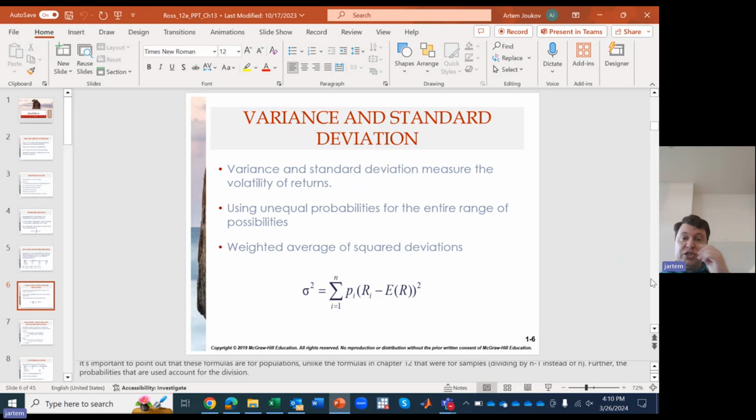It's still the same, because all you would do is take the sum of these squared deviations from the mean, scaled by the probability that that state occurs. That will give you not standard deviation but variance, because variance is standard deviation squared. If you then wanted the standard deviation, you just take the square root. Does everybody understand that?